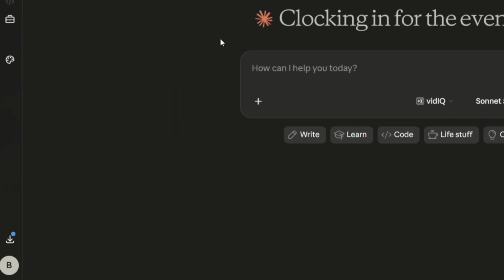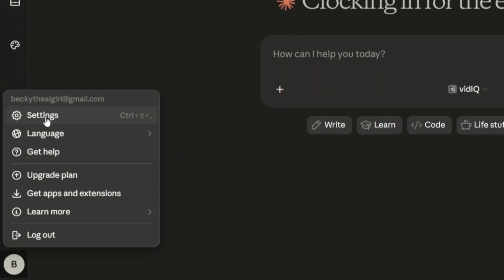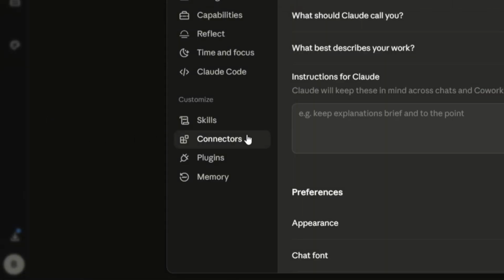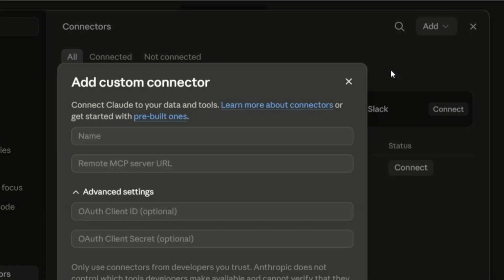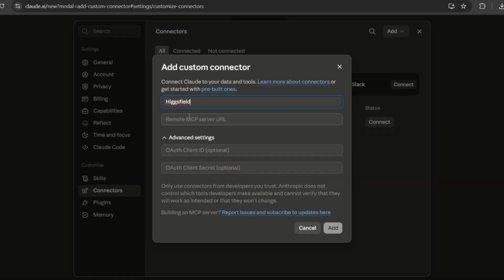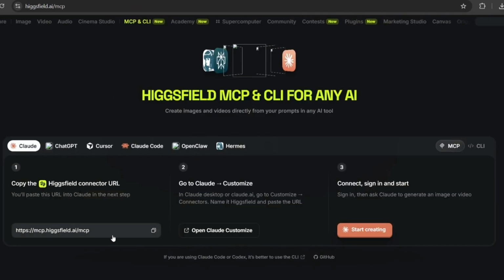Once you're in, hover over settings and click on it, and you should be loaded over to this interface. Click on connectors. Then you can click right here on add connectors. Once you do that, you can give it a name, which I would say Higgsfield, just like this. And for the remote MCP server URL, all you have to do is head back and copy it right here